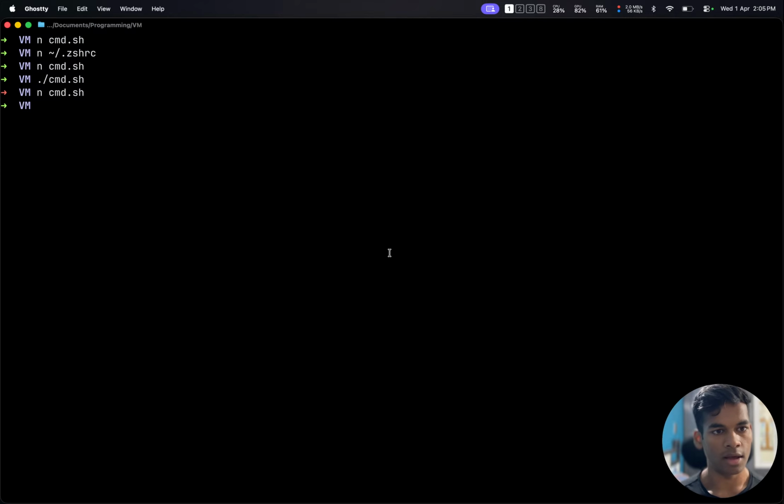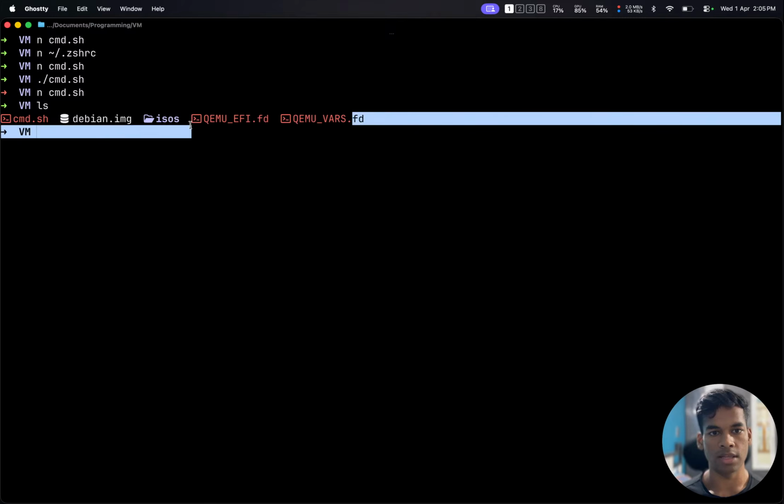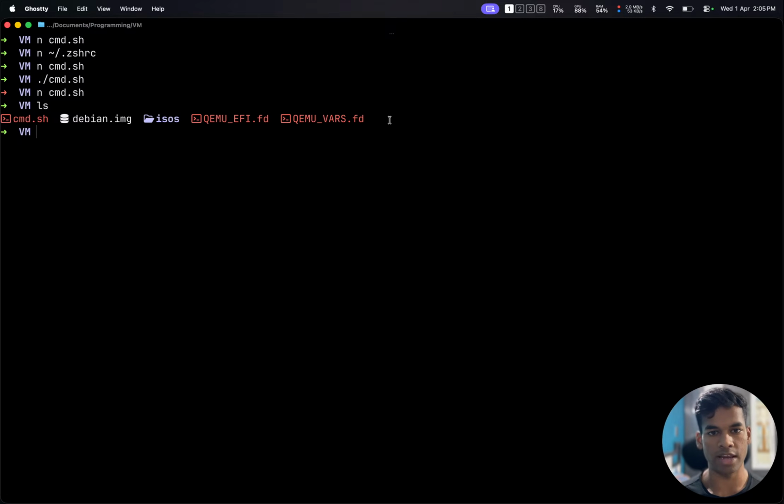That is why we downloaded and set up these two things. These variables are needed by QEMU to run the BIOS, and we have to give them to QEMU, and there are specific commands for that,